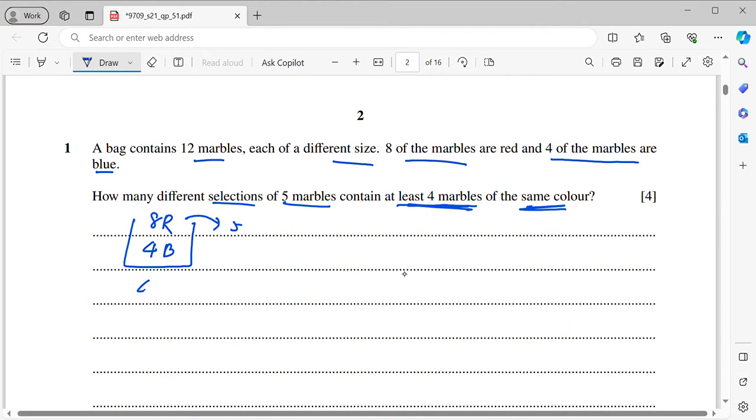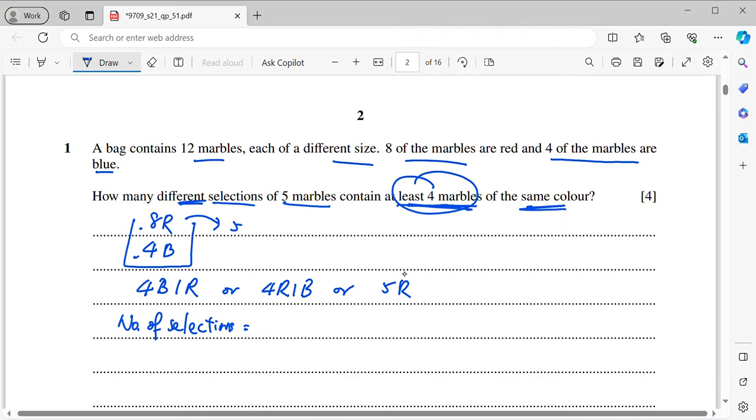That means this could be 4 blue, 1 red, or 4 red, 1 blue, or I will get 5 red, because at least 4 marbles with the same color. Since we need to find the different selections, to get 4B, 1R, initially you have 4B and 8R. Therefore, this number of selections will be